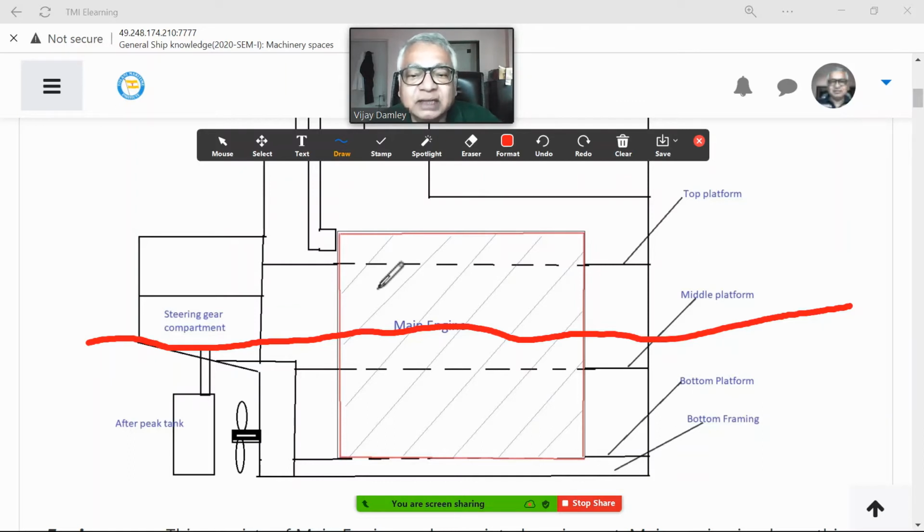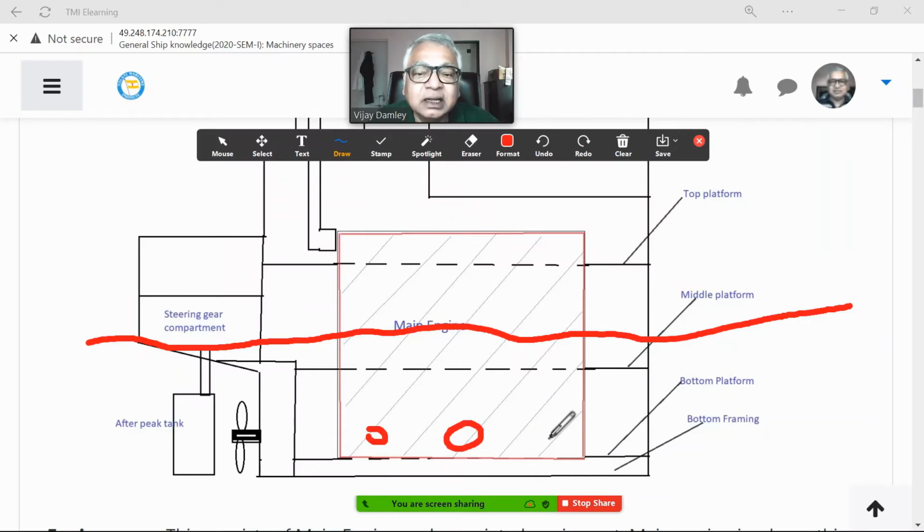So now if I want to use anything to do with the seawater, I need to use the pump. So where will I like to locate the pump? Somewhere here. Why? They remain underwater. If they are underwater, there is pressure there so that the pumping up is easier. So most of the pumps will be located on the bottom platform among the frames and all in that area. Most of the pumps, like seawater pumps.